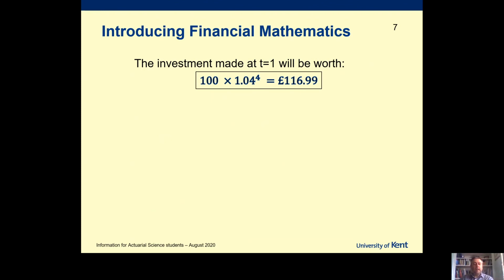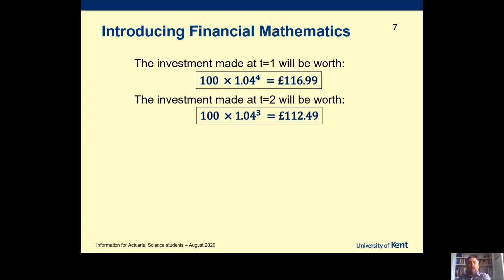The one we made a year later was when you got 4 years' worth of investment return by the time we get to t equals 5. So that will have grown to 100 times 1.04 to the power 4, so £116.99p,